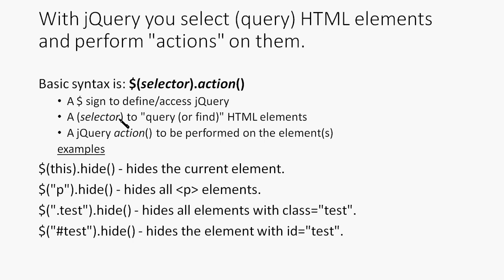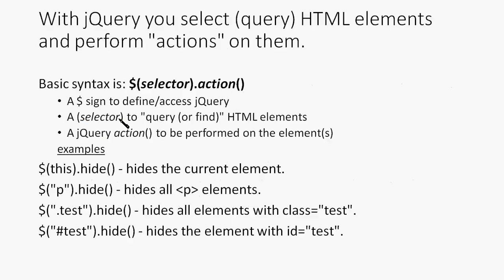So in the brackets you have to specify the selector, that is the HTML element, maybe a paragraph, header element, or form element, anything you can specify. Dot action means what action you have to do. Here we use the jQuery action hide function to hide the HTML elements, which is not available in other types of code. So hide is a function that is defined in the jQuery library.